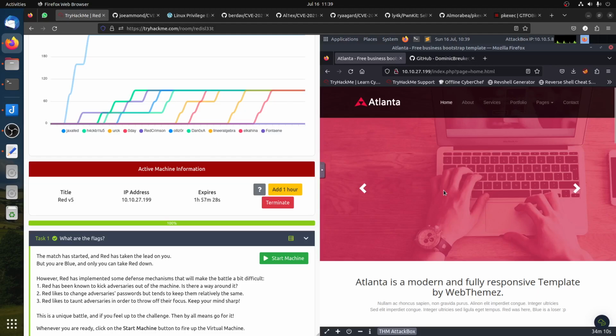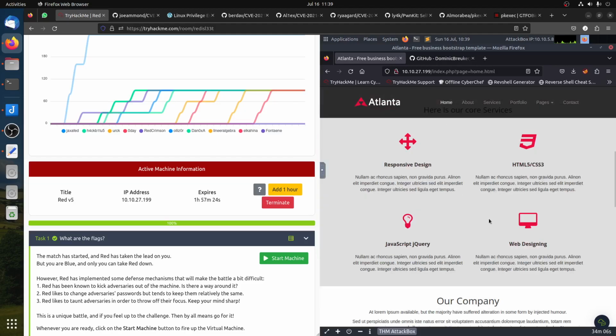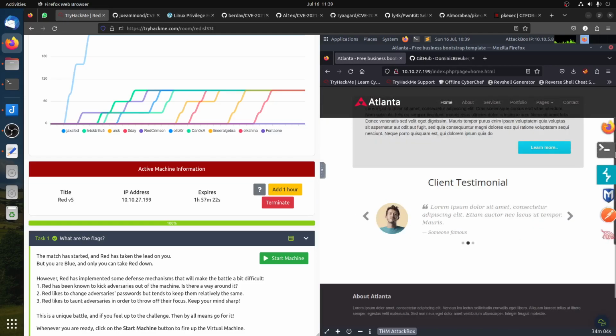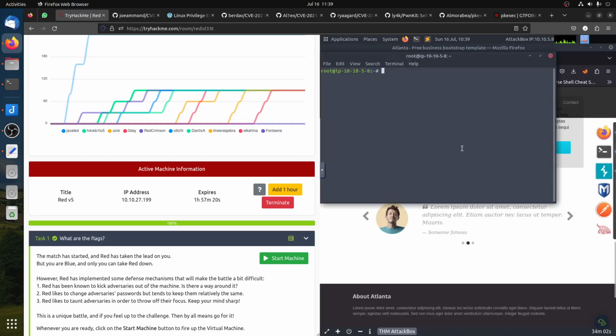It was an interesting room. I was a bit confused the first time. I thought it would be an easy room, so I started playing around, and of course if you start,